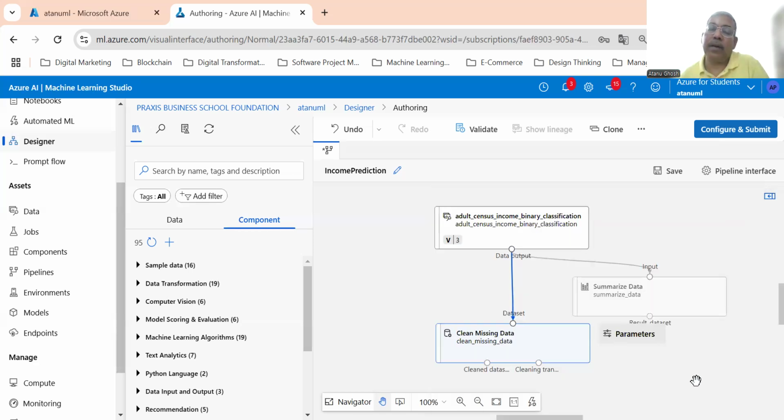And you see this orange or amber is removed. That means the node has been configured correctly. Now, at this stage, if I want to run this, I have to again configure and submit a job. Okay, that's the negative side of this